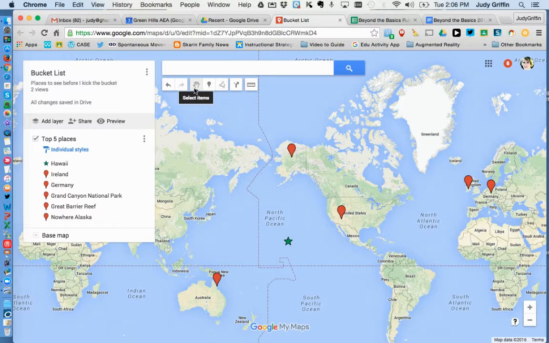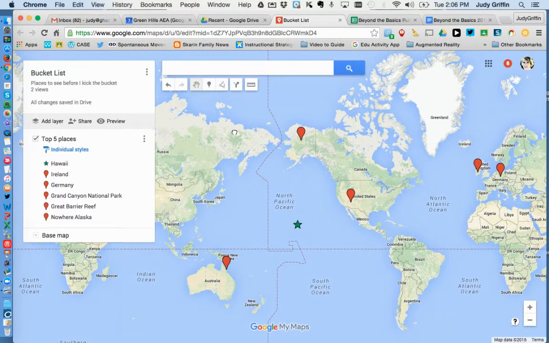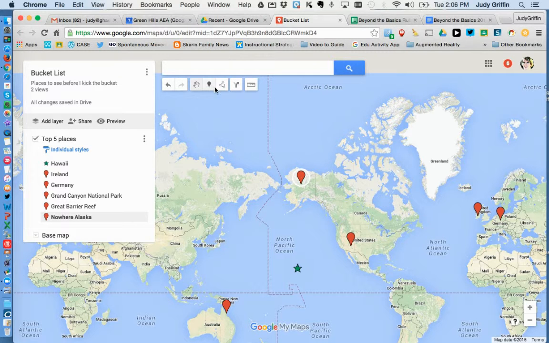And the first one by default is this hand, which lets me simply click and drag and move my map around. Or it lets me select items. So if I click here on Norware, Alaska, it would open that up, and then I would have the option to edit those. The next one lets me add a marker,